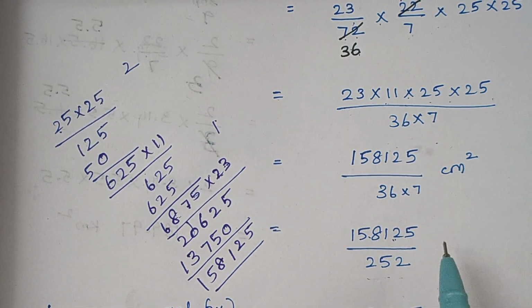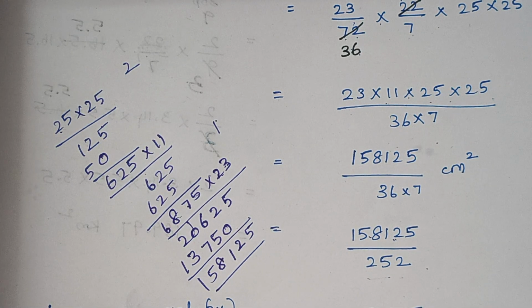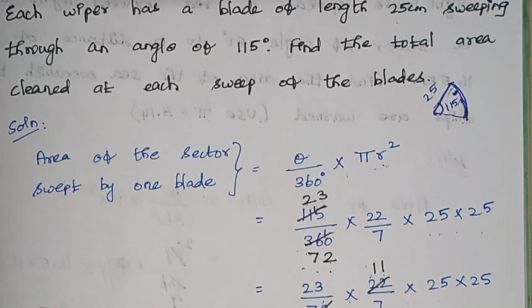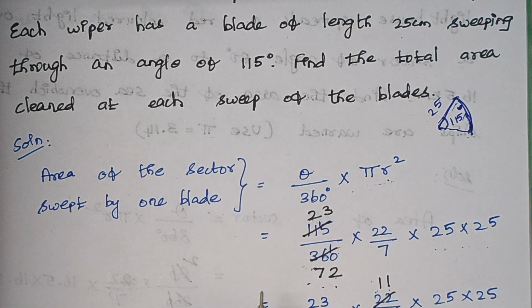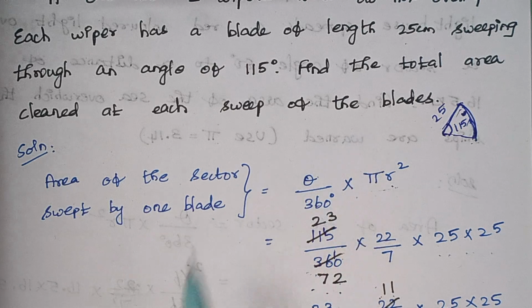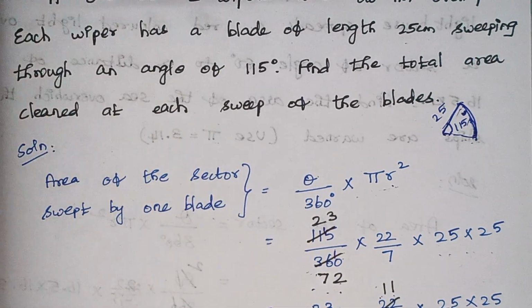So now we have calculated the area covered by a single blade, right? But what we need to do is find the total area cleaned at each sweep of the blades, right? So here we have to consider the two blades and we have to tell the total area cleaned. Therefore,